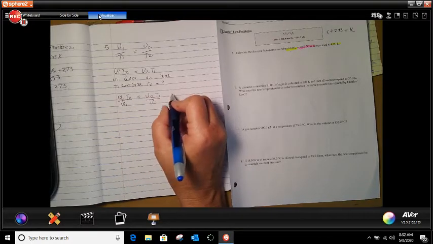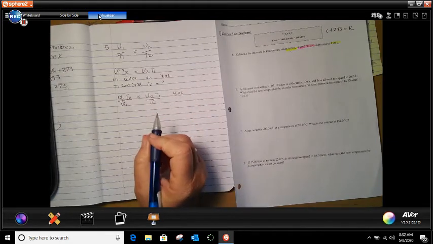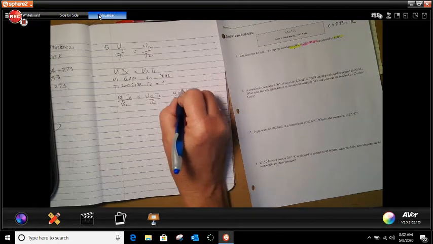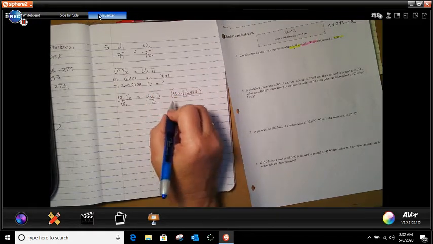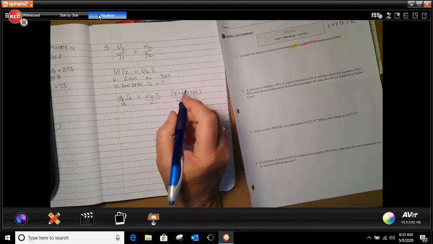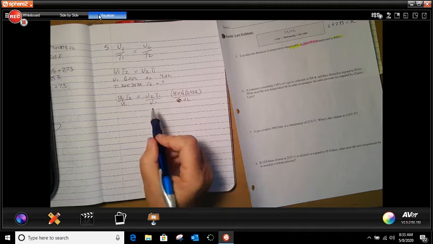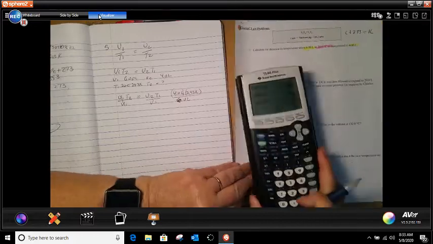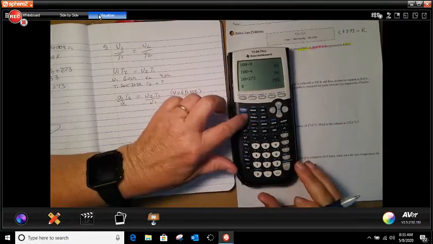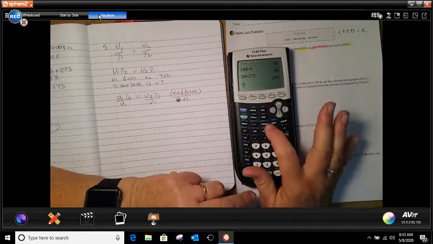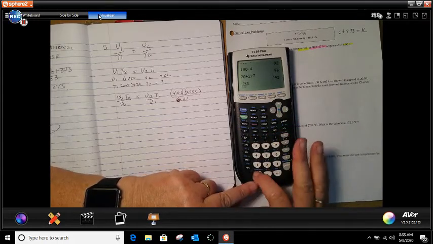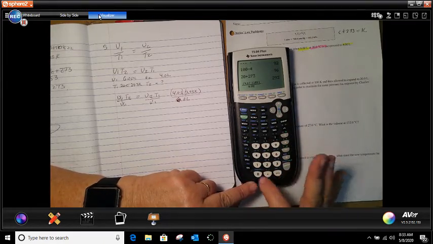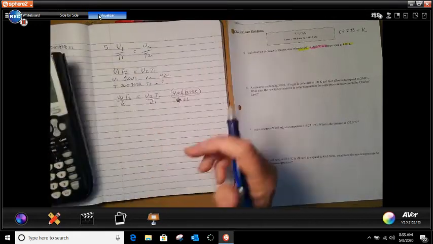So V2 is 4.0 liters. T1 is 293 Kelvin. We're going to multiply those, and we're going to divide that by V1, 6.00 liters. So for that, we're going to use our calculator. We're going to do open bracket 4.0 times 293 and then over 6 liters, which says that is